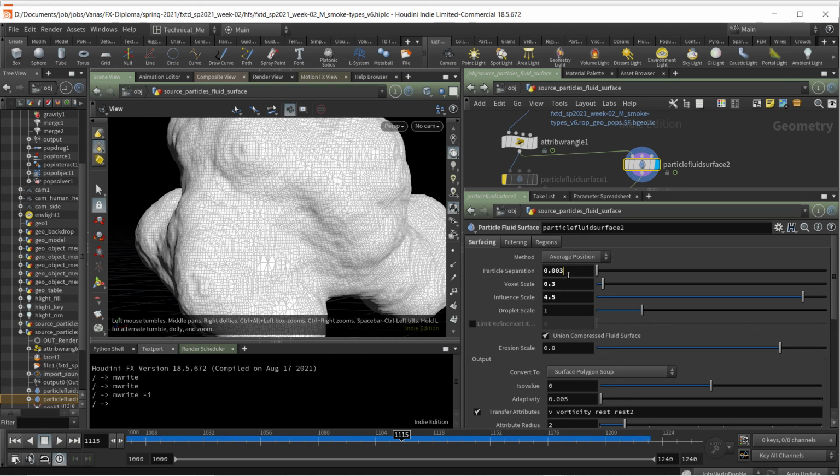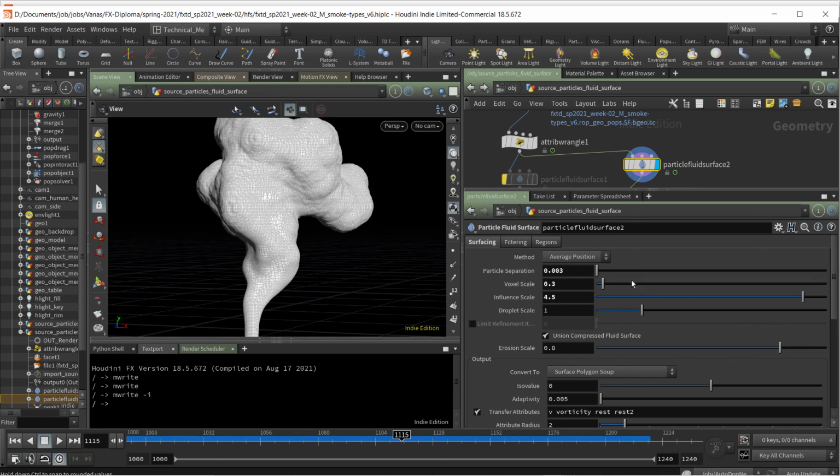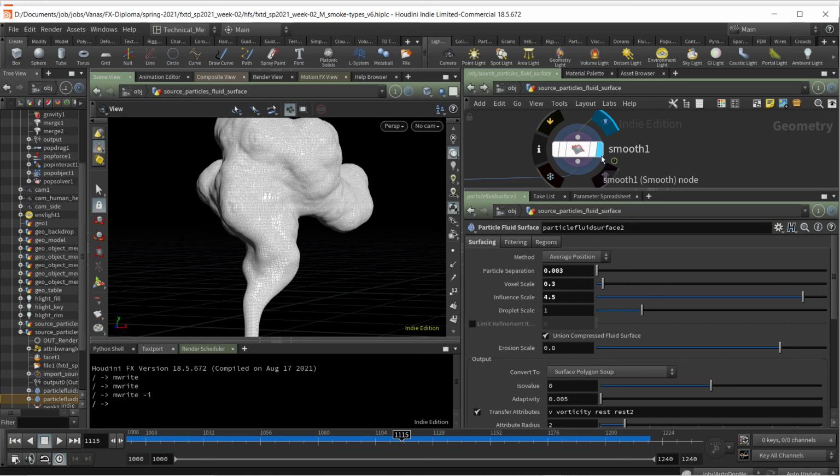And that has to do with how far the particles are apart, which is particle separation. And this is a scale size for each one, and it influences the result. So these I had to tweak a lot. I probably spent the most time tweaking these three numbers, just to try to get that shape to look good. And then I took that and added a smooth